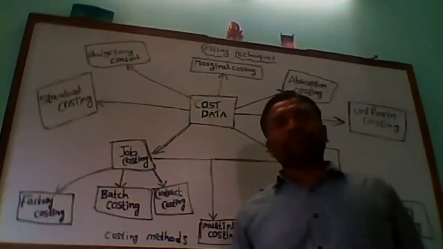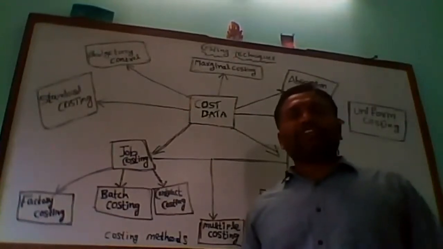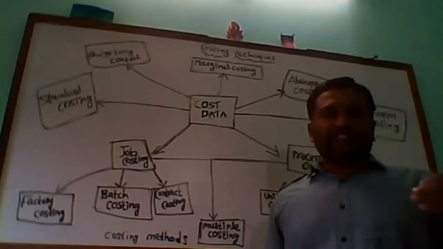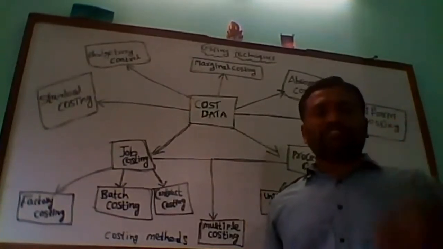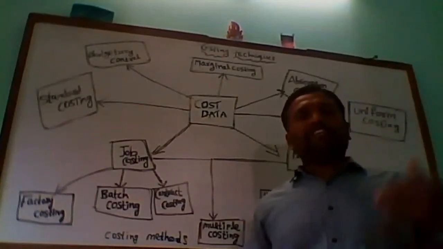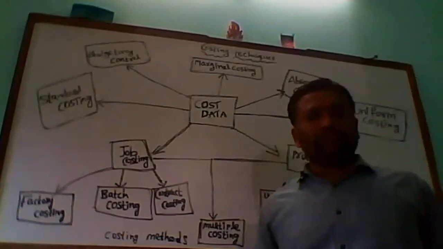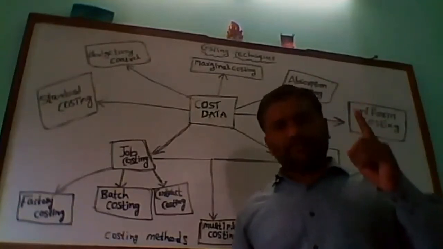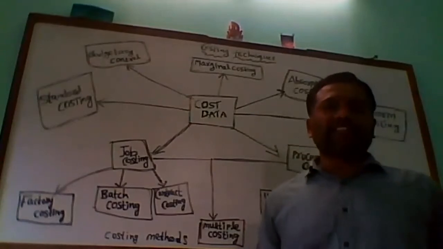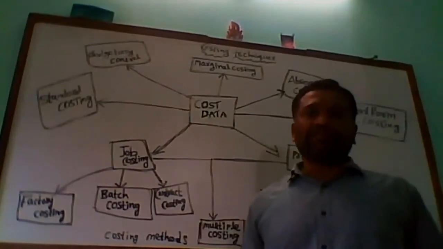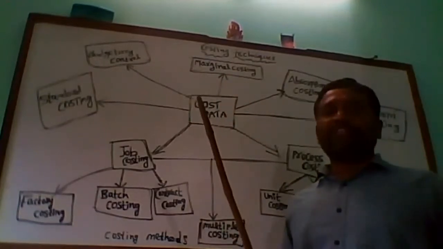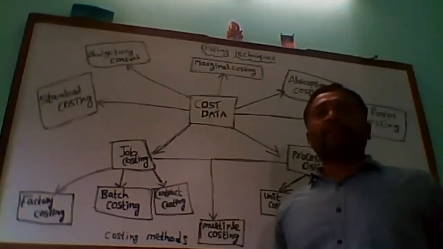I told you earlier, to produce 10,000 units, they are going to incur 2,000 as a variable cost. And next, when they are producing 20,000 units, the variable cost will increase from 2,000 to 4,000. And if they decrease the production, suppose they make 5,000 units, the variable cost will become 1,000. It means that as the level of production varies, the cost varies, and so we call it the variable cost. Under marginal costing, we are going to record both, and that is what we are going to learn under marginal costing.